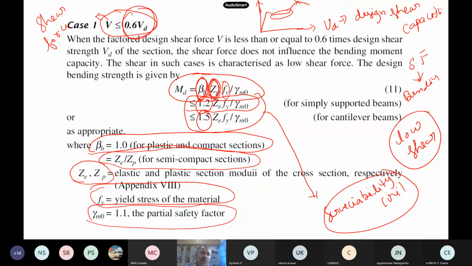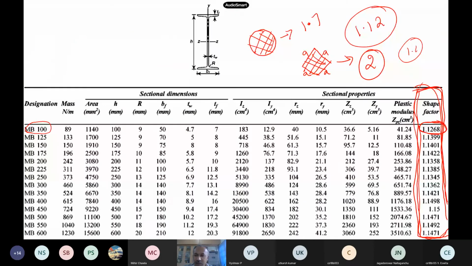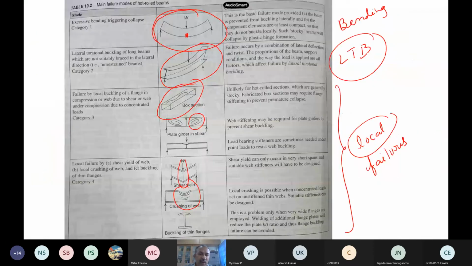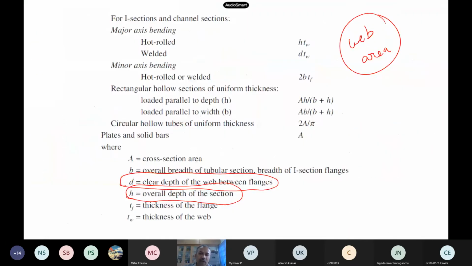criteria. So for this they put a limit, 1.2 to 1.5, and why is it 1.2? The reason is this. What is the shape factor for I sections? If you see the I sections, more or less they are all located under it. Now what is the value? Can you see? Of course, I'm showing only for MB. You have WB, wide flange, you have all kinds of beams. So mostly the shape factors are around 1.2. So that's why this 1.2 comes into these calculations. Okay, so that is how it comes.